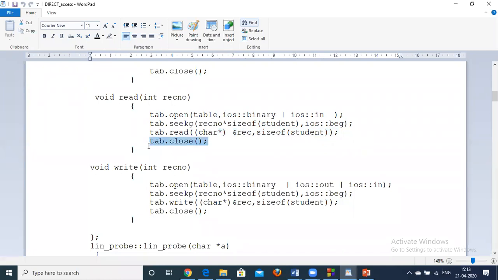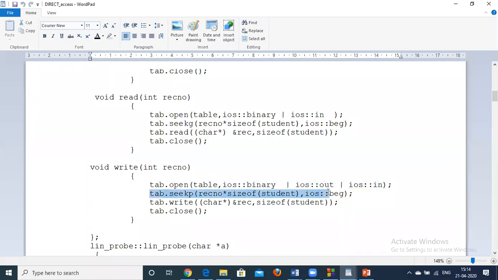Okay, and close. So here we are simply reading a single record, and also we can write a single record. So open the file in read as well as write mode and binary mode.